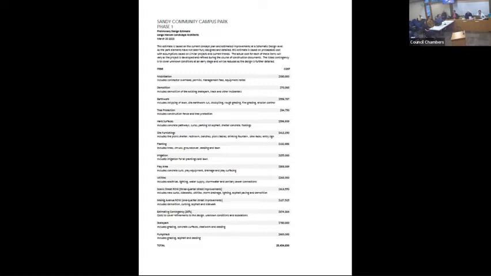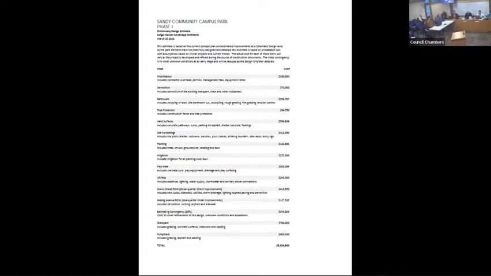Of note, this does include an estimating contingency of 20%, and that may actually seem like a lot of money, but we know based on our experience that as these plans become more refined, that contingency gets lower and lower because we're adding that money into things that we are uncovering as part of the design process. So 5.4 for phase one.